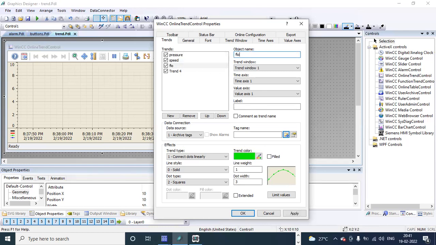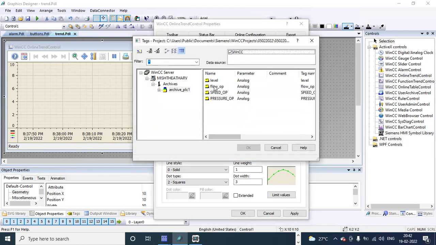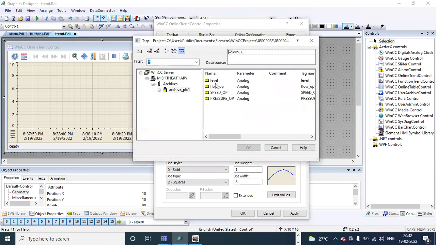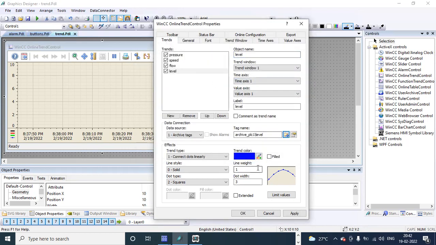For the flow, tag name, flow output. After adding these tags, say okay.